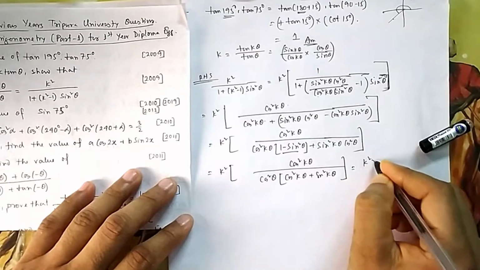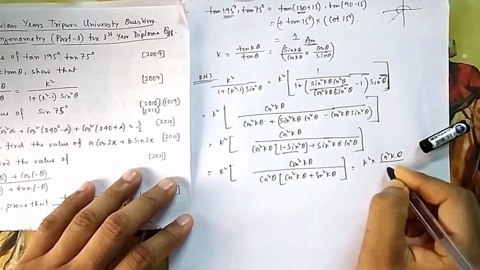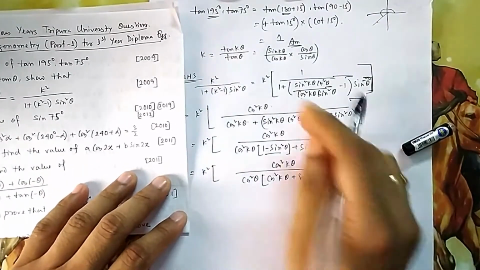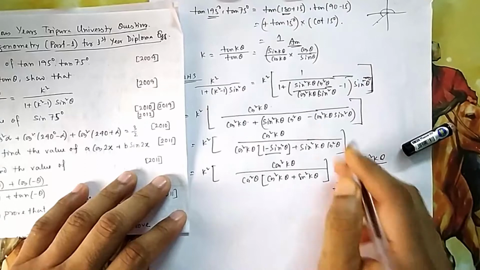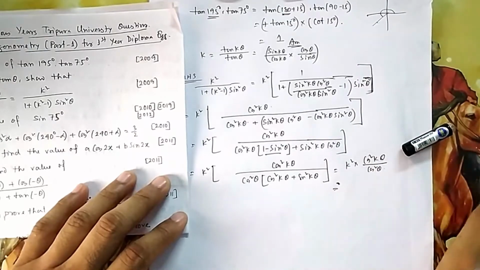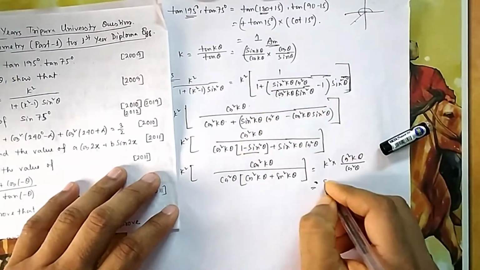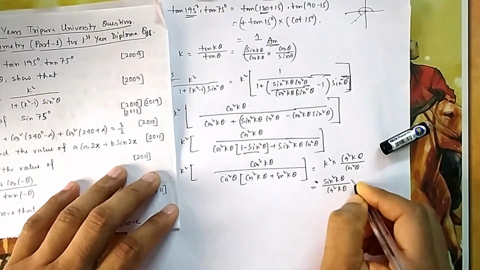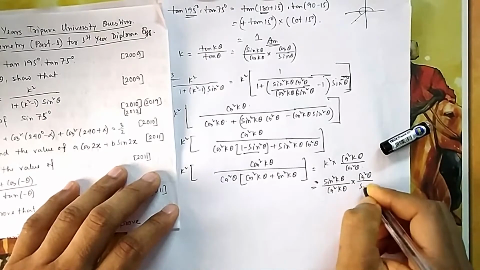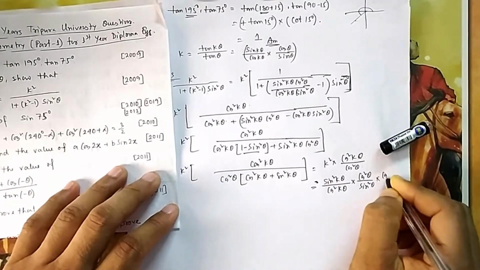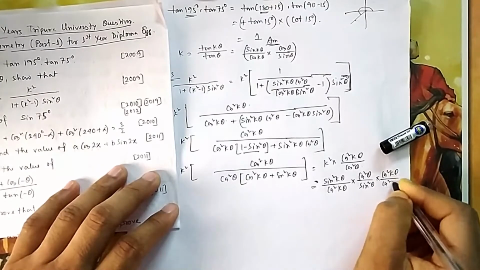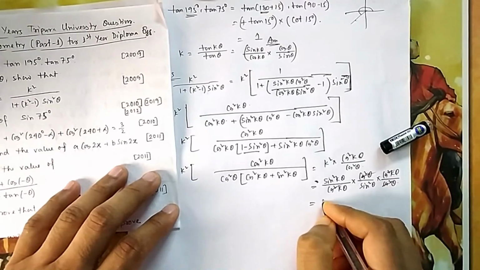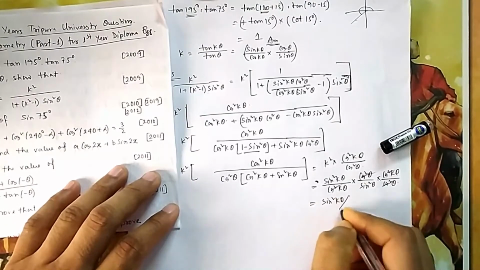So you will get this is 1. You are getting k square into cos square k theta by cos square theta. Something of this fashion, but in cos you are getting. So now you put the k value again. You will see this cos will get cancelled and you will get the answer. So k is sin square k theta by cos square k theta, cos square theta by sin square theta, multiplied by cos square k theta, cos square theta. Cos square theta, everything gets cancelled, so you got the answer. It is sin square k theta divided by sin square theta.